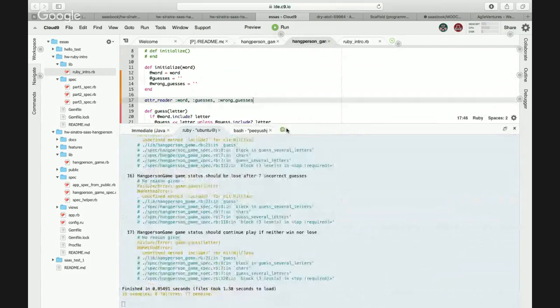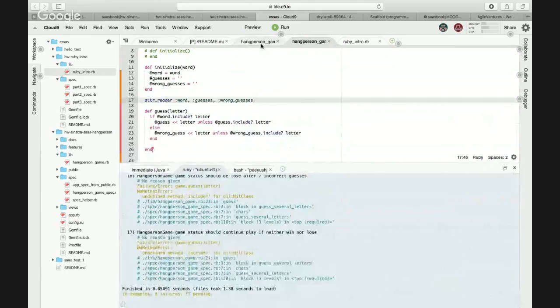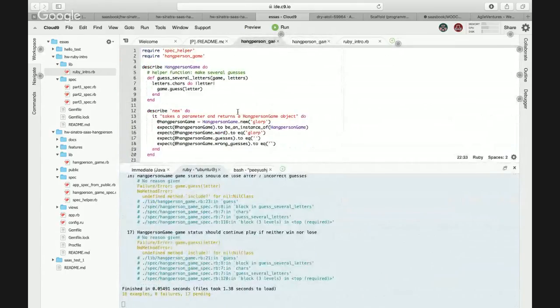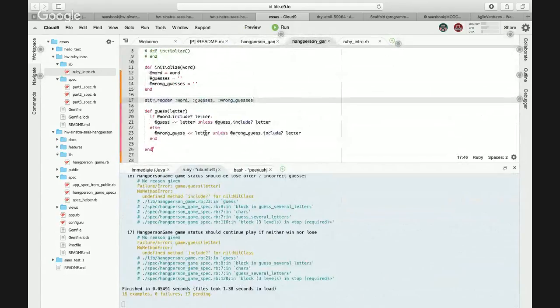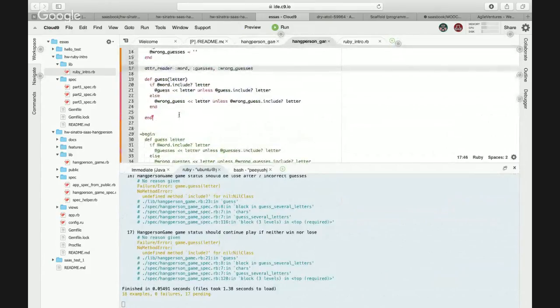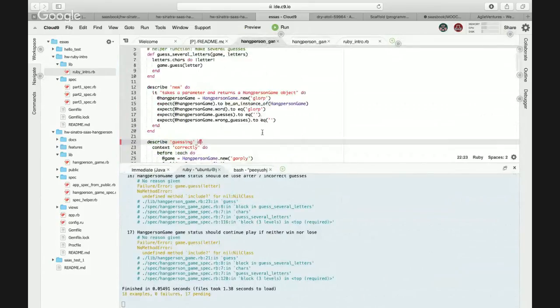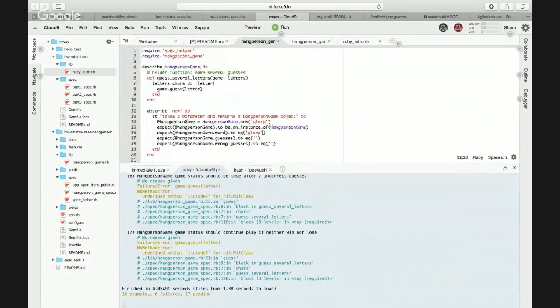Oh, okay, so we need to change that pending true status for some of the things where this part is getting checked. So where is this guess method defined? Oh yeah, there's more pending that we have to take out.